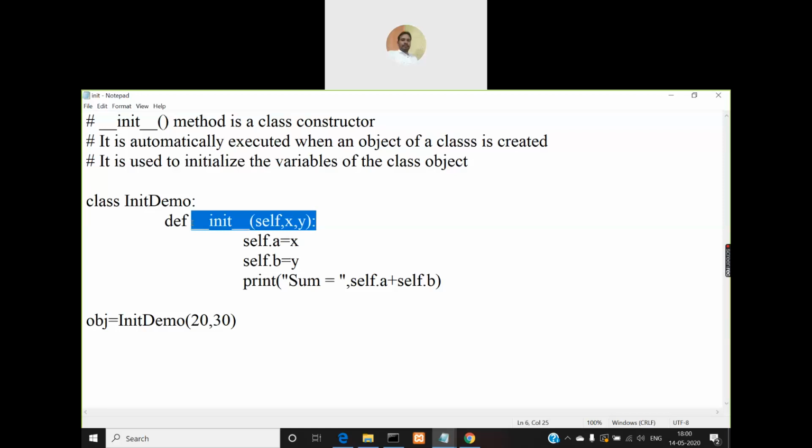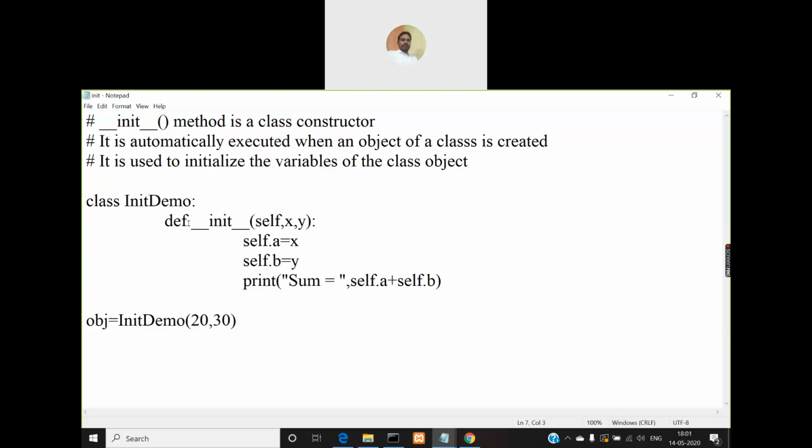Even without this init method, we can create an object for the class, without the init method being defined explicitly by the programmer in his class. Even if you don't do that, it will work. That means there will be a default constructor which will not receive any parameters. But it is not going to instantiate or initialize any object variables with zero values or something like it is in Java.